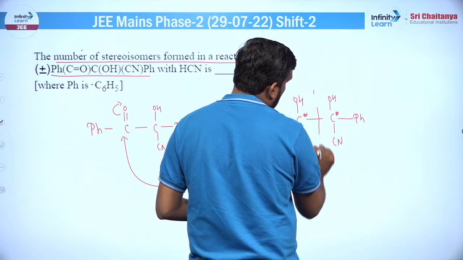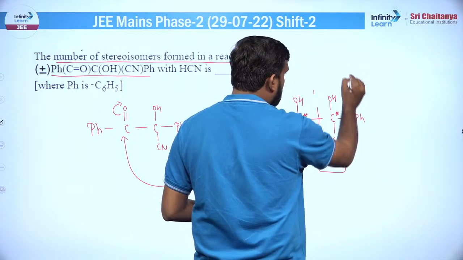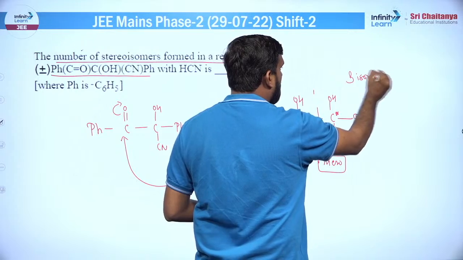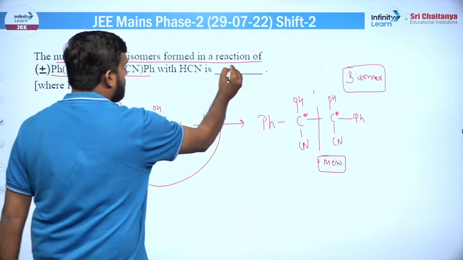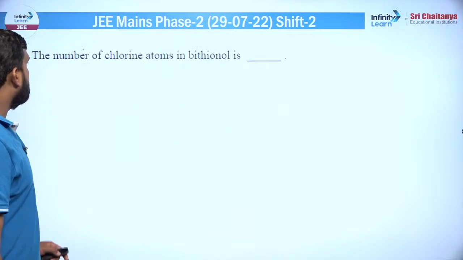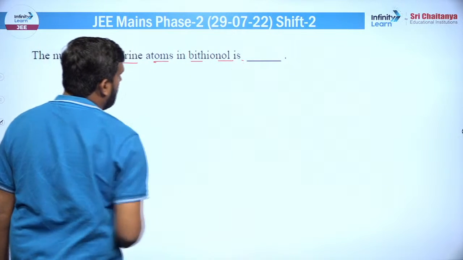अब आप ध्यान से देखो, दोनों कायरल सेंटर हैं बट कंपाउंड मीजो है, सिमेट्रिक भी है। तो ये बेसिकली 3 आइसोमर्स होंगे। मीजो होता है और साथ ही यहाँ पे 2 कायरल सेंटर होते हैं, तो उसमें 3 आइसोमर्स एग्जिस्ट करते हैं। इसलिए इस क्वेश्चन का आंसर 3 हो जाएगा।